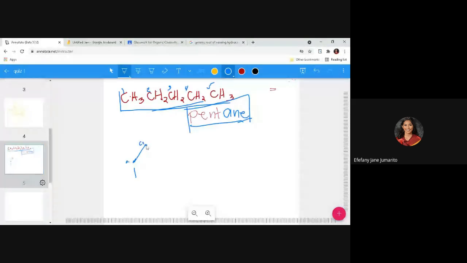Then we have another line, which is a bond. Then when you stop, okay, so the point there is another carbon. Then another line, which is a bond. And then we have our carbon. Okay, we have carbon here and we have carbon here. So how many carbons we have in line bond structure? Five, ma'am. Five. Okay, 5. Yes. Alright, now since this is a line bond structure, dili na lang nato siya isulat ang